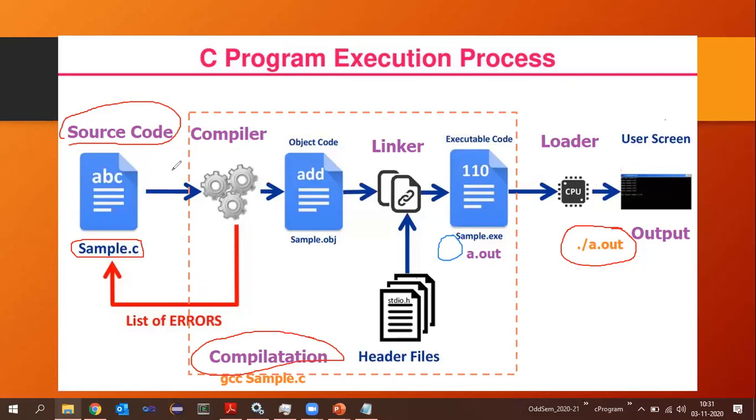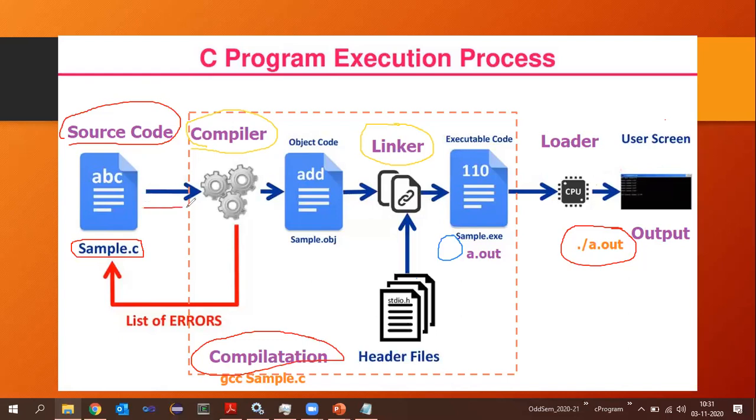Now in the whole process of compilation, there are different types of softwares which we encounter. The first one which we already know is something called a compiler. Then the second type of software is called a linker. I will explain what this linker actually is. Now let us go step by step.